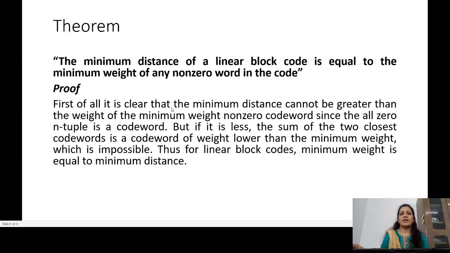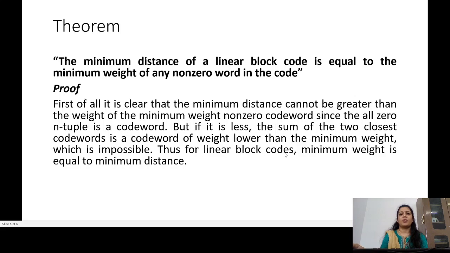First of all, it is clear that minimum distance cannot be greater than the weight of the minimum weight non-zero code word, because the all-zero n-tuple is also a code word. But if it is less, then the sum of two closest code words is a code word of weight lower than the minimum weight, which is impossible.